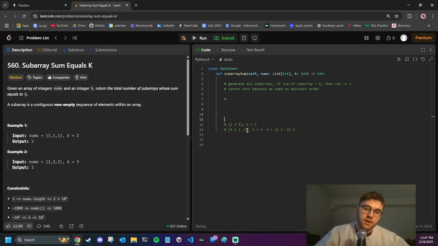Yeah, so it's tricky with the negatives because we can't even really stop if we go over, because if we have, let's say 1, 2, 3, negative 3, k equals 3, like this. So there's 1, so we'd say, okay, 1 plus 2, so that's 1 subarray where it equals, and then we would actually just keep going and say, okay, now we're at 6, and now we're at 3 again, so that's another subarray. Yeah, and then you would do it from 2,